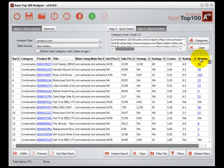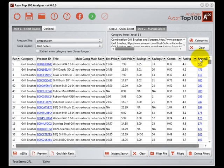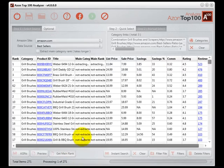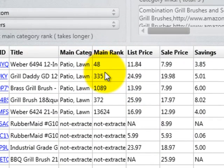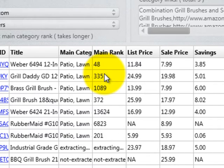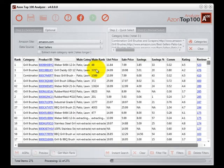So one thing I like to do is filter by the total number of reviews. I do that to find which products are typically being sold more frequently. It's not always the case, but typically the more reviews, the more sales. And then the next button you can click, which is great, is Get Main Rank. What this does is it goes out and finds the actual main rank for the product being sold. So this is showing you the rank within patio, lawn, and garden, because that's the main category. This is incredibly valuable because then you can see exactly how many products people are selling, right? This is awesome. Being able to run this button, click it, and then see, okay, this is a very popular product or this isn't a popular product,